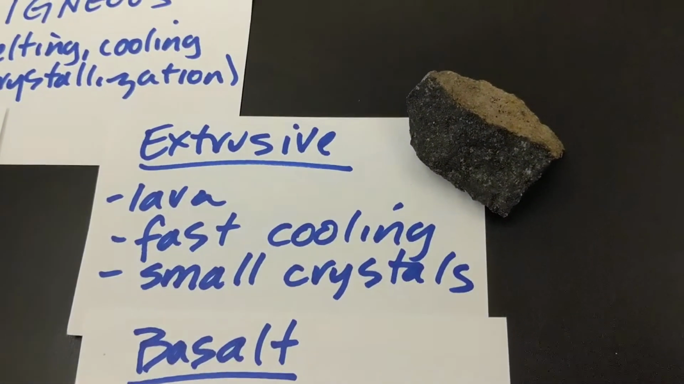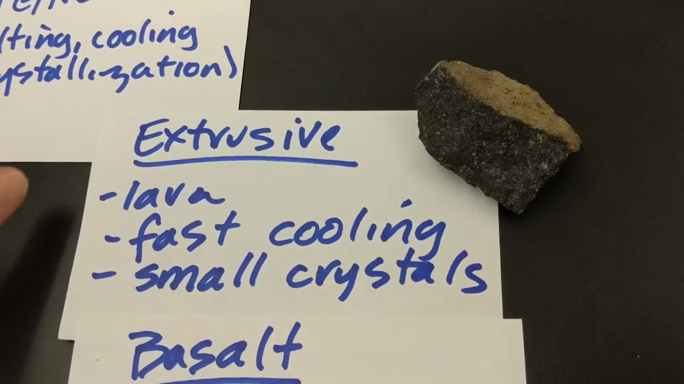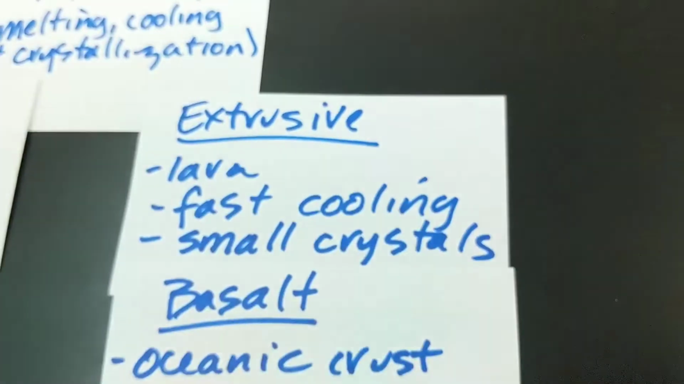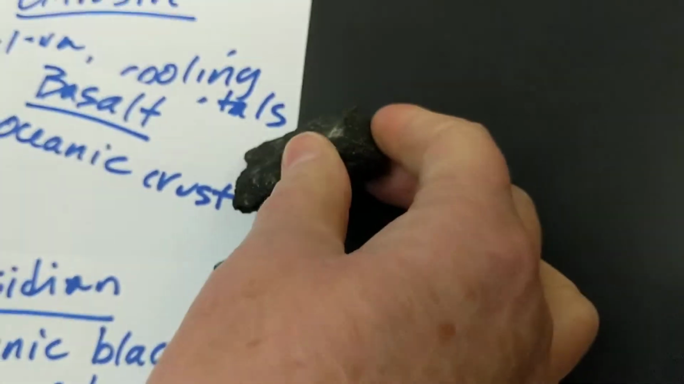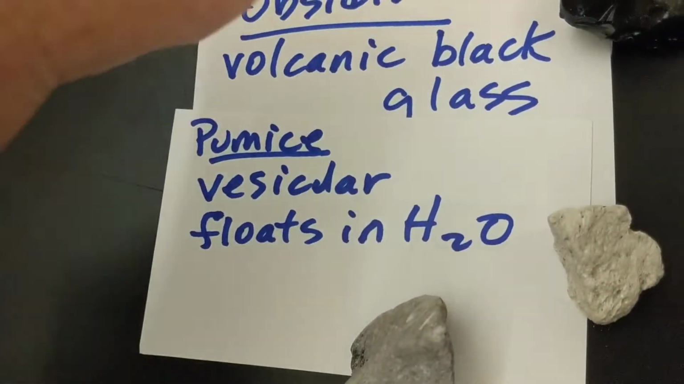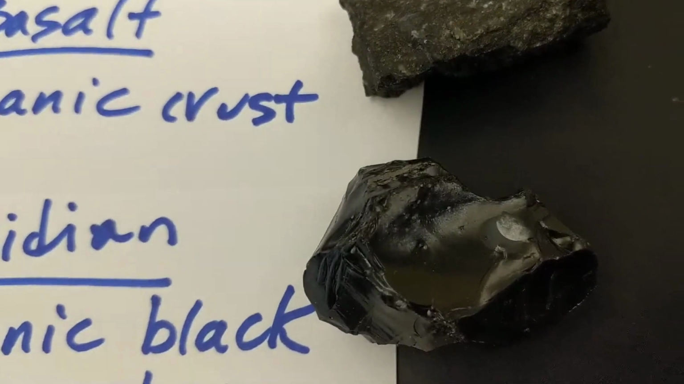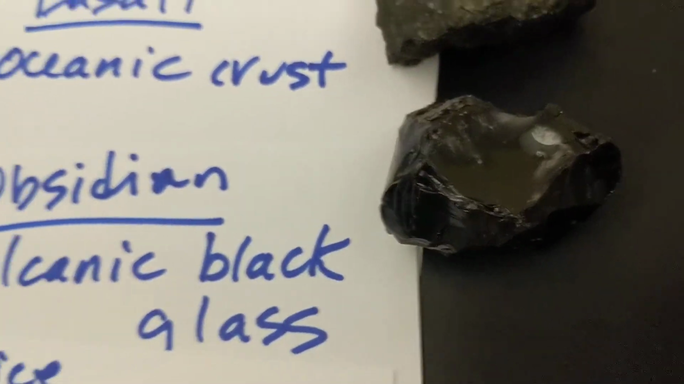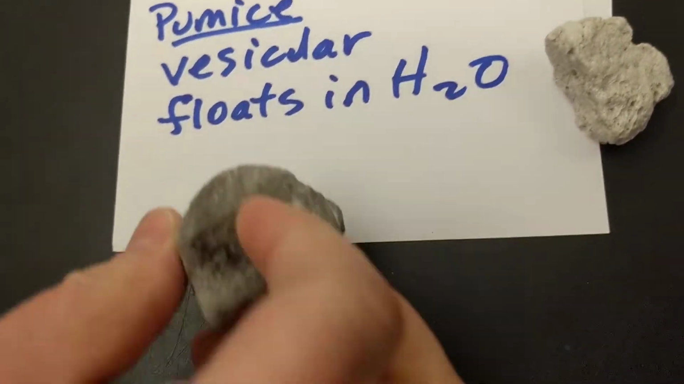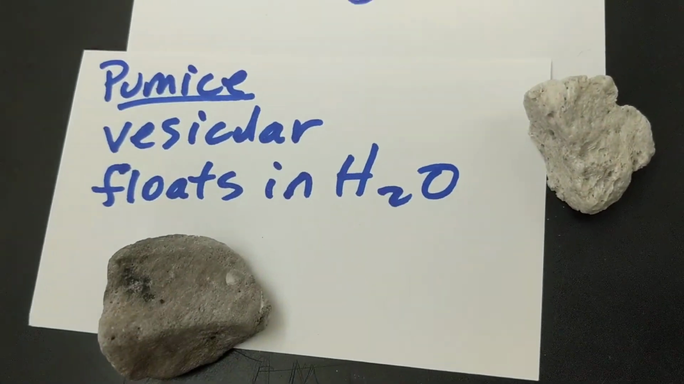Extrusive. This is fast cooling because it comes from lava. Small crystals, okay? And we've got a good way to remember it, and it's called BOP: basalt, obsidian, pumice. Basalt makes up the oceanic crust. Obsidian, volcanic black glass. And pumice, it's very vesicular, lots of little holes in it, making it less dense than